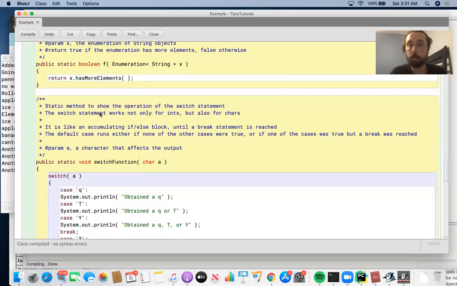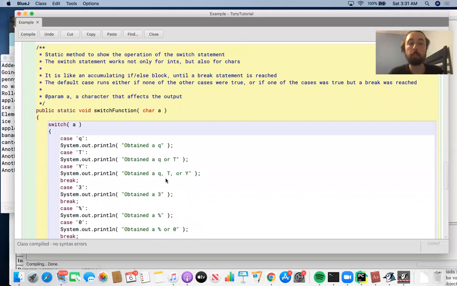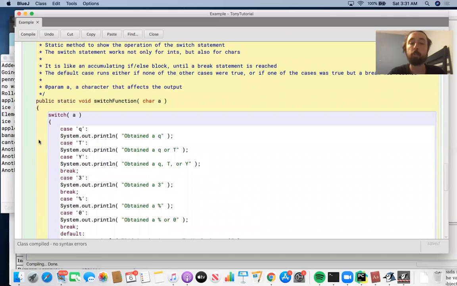So we have a static method to show the operation of the switch statement. And we want to show that the switch statement works not only for ints, but also for the character data type. It's like an accumulating if-else block until a break statement is reached. The default case runs if either none of the other cases were true, or if one of the other cases was true, but then you hit a break statement, right? We talked about that in a previous video, but this video isn't so much about how the switch case statement works, but maybe it's just a quick review of it and just adding on the point that you can accept a character. So you could say public static void switch function of char a,